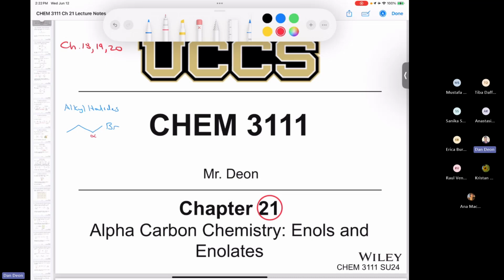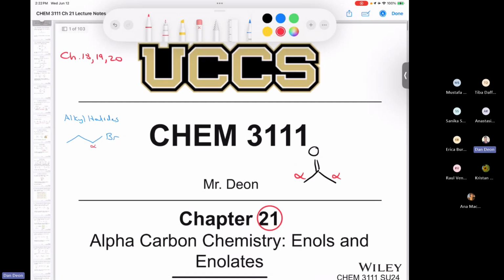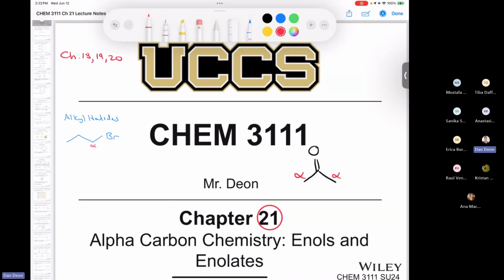However, when we're talking about enols and enolates in this chapter, we're going to be dealing with carbonyls. Okay, so a lot of carbonyls. And the carbon that is directly attached to the carbonyl carbon, that's the alpha carbon. So these would be alpha carbons. Just a little bit of a different way of thinking about it when we're talking about carbonyl compounds